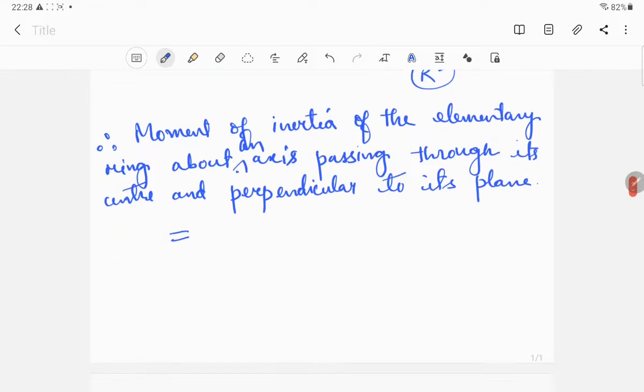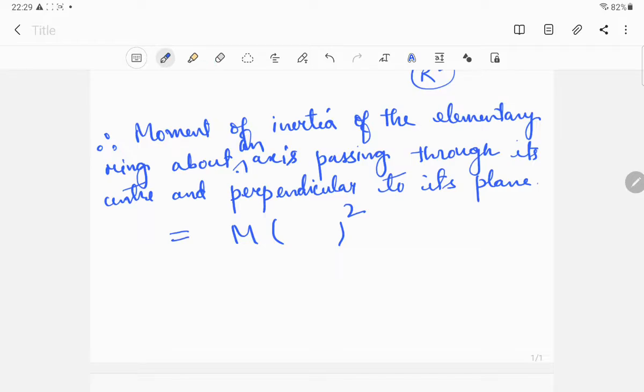Now you know that moment of inertia is nothing but mass into the square of the distance from the axis of rotation, the distance of the element from the axis of rotation. Now in this case